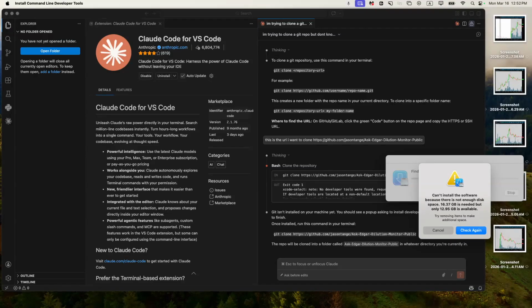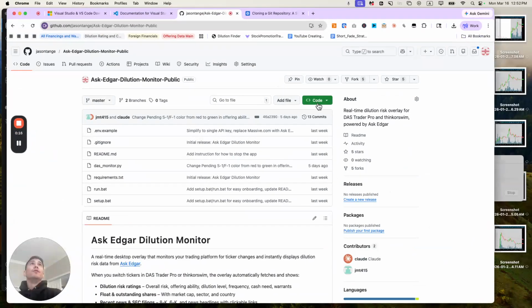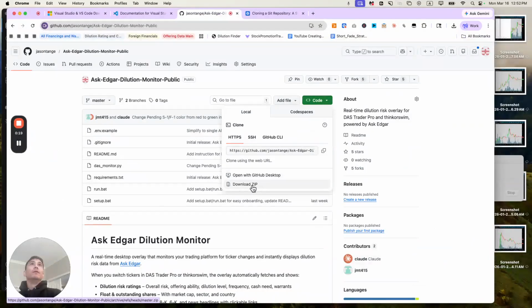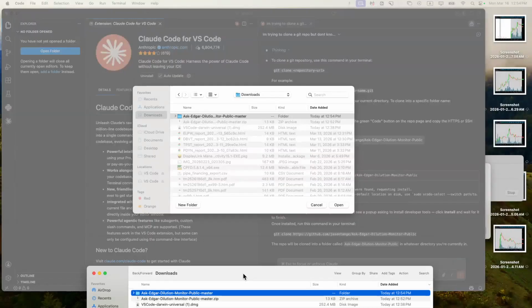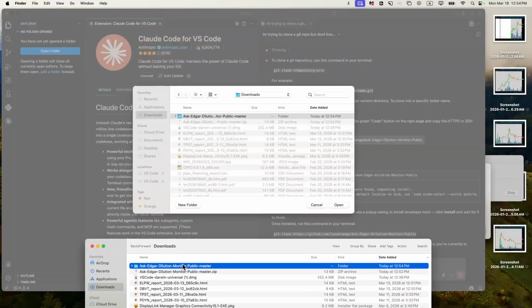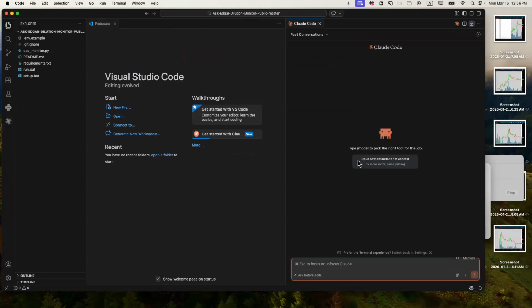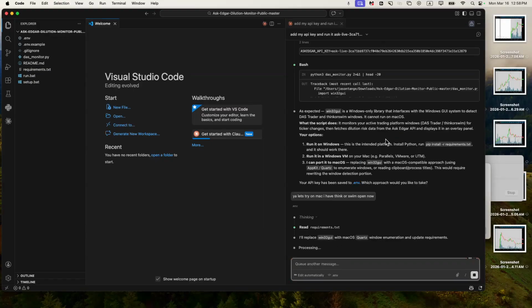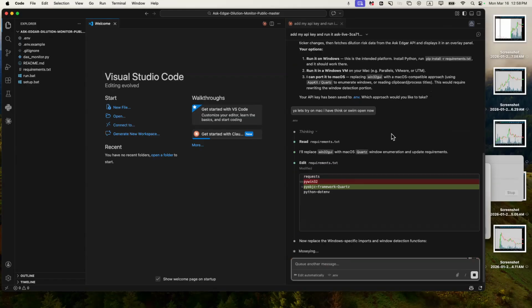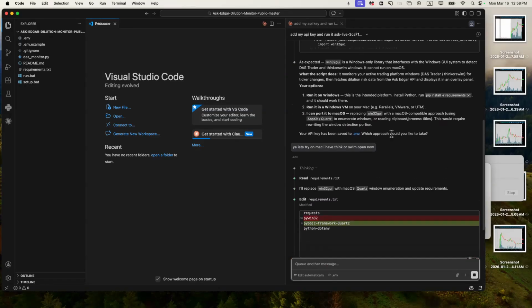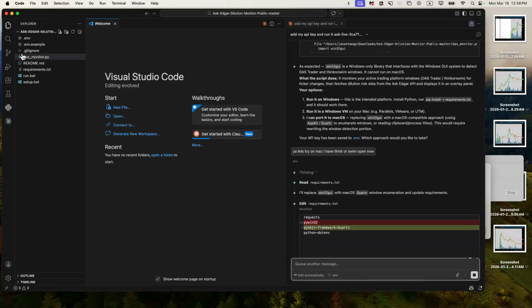So what I'm going to do is just download the files here. And then double click this, and then it'll open a folder here, and then you can come back and do open folder and then open it here. So then now you can open up Claude Code and just say, add my API key and run it. And I'm going to paste the API key here. Okay, so I'm not going to scroll too far because I have my key up there, but basically it added the API key,